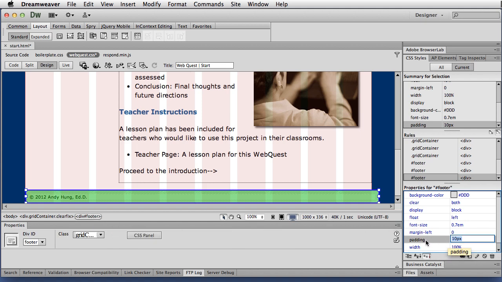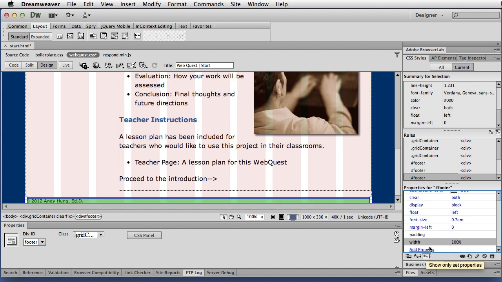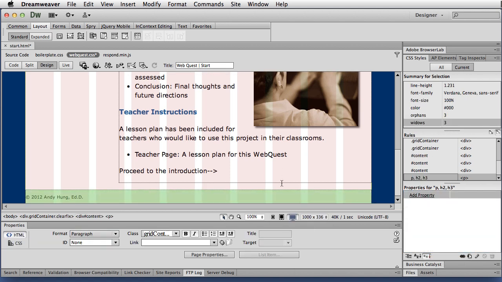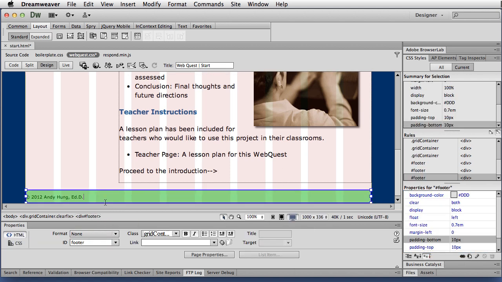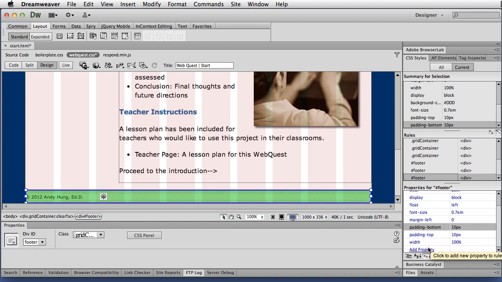And so what I did is I gave a padding across the whole thing. So I could just delete that and then add padding top of 10 pixels. And I can see what that looks like. Still a little on the left. You could see some benefit of adding a little more padding. So that would be where I could change this to